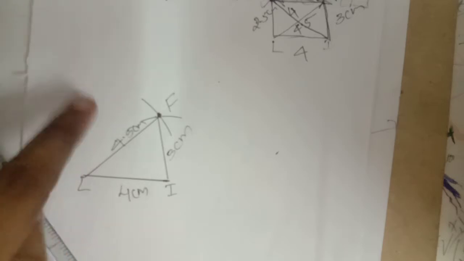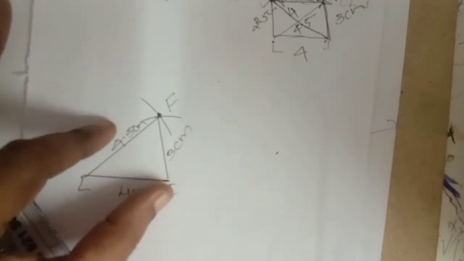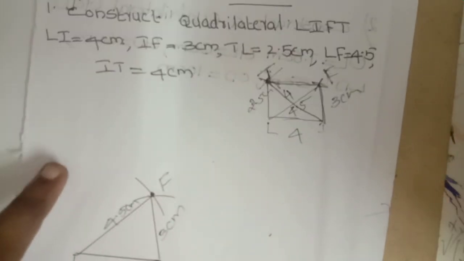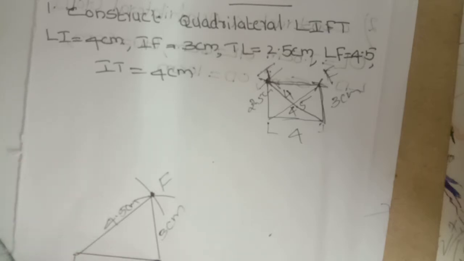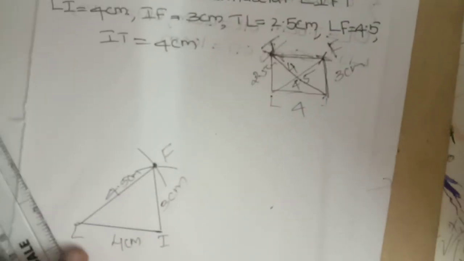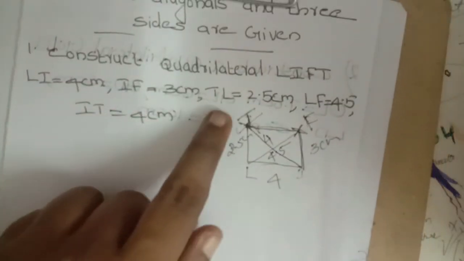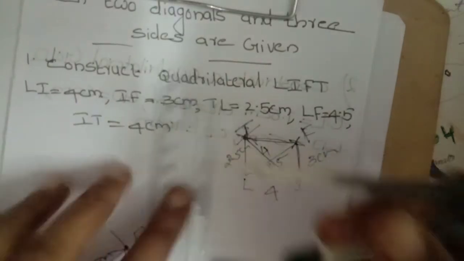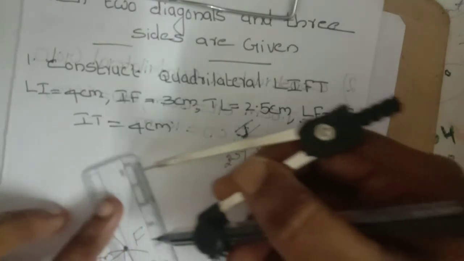The remaining part is a 4-sided figure we call it, or when 2 triangles join we get a quadrilateral. So the second triangle, how to construct with the remaining values? Next, which point is missing? T point. LIFT is the spelling. T point is missing, so we want to construct the T point. How to construct? Our baseline points are L and I. That's why an L and T measurement is there. Yes, L and T value is given in the question. How much? 2.5. So take 2.5 centimeter in our compass.